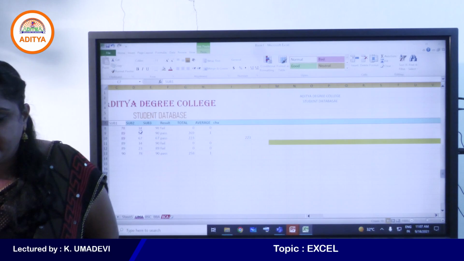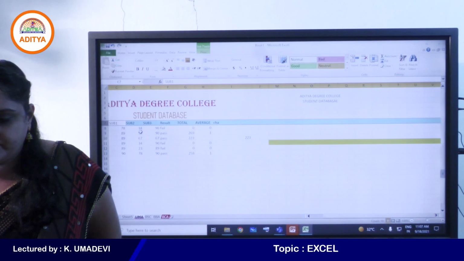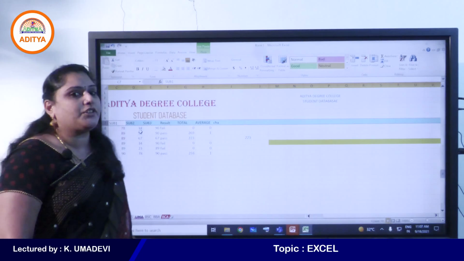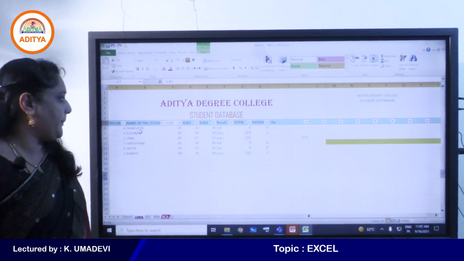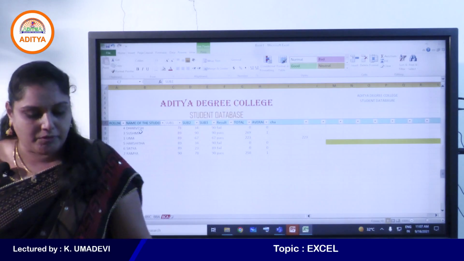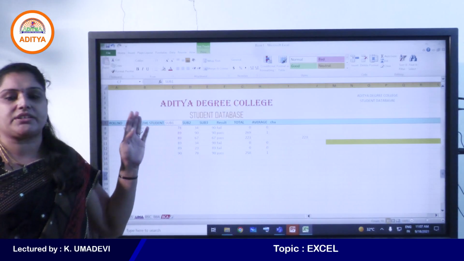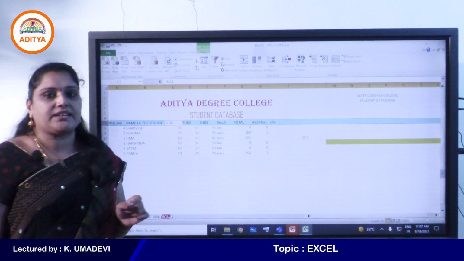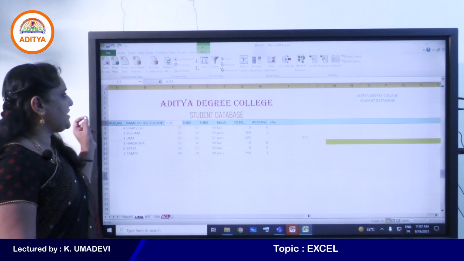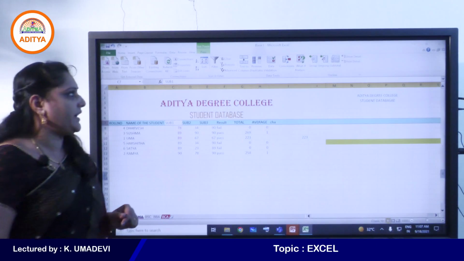Very good, from ADC KKD, yes, very good. The shortcut key to apply filter is Control Shift L. Control Shift L to apply filter in sheet, and again if you want to remove the filter, press Control Shift L. Otherwise you can go to sort and filter drop down arrow to apply filters, or else you can go to data tab. The data tab contains all the commands which are used to perform various operations on data, right?